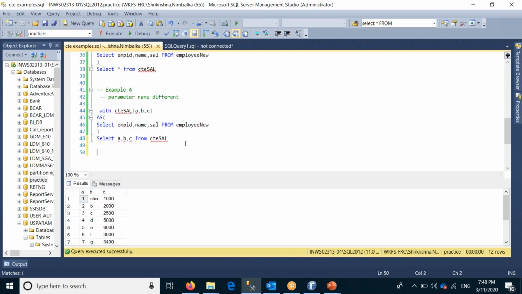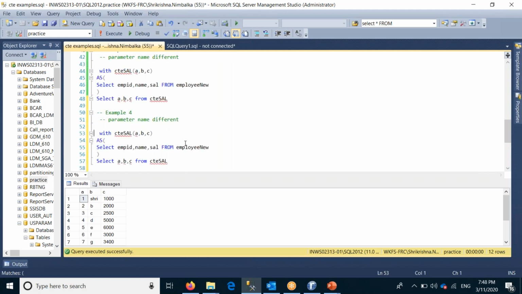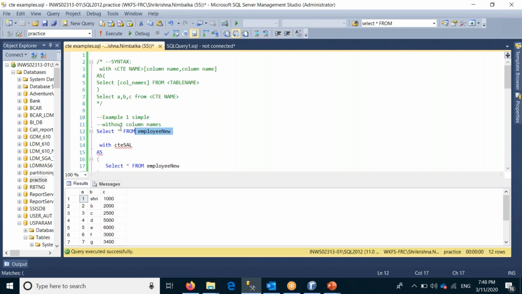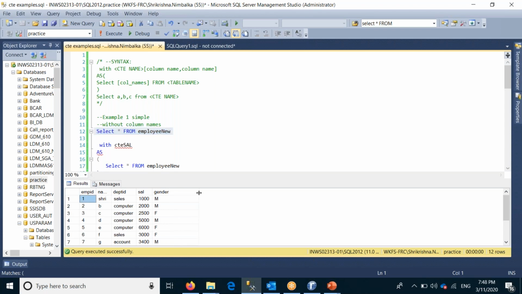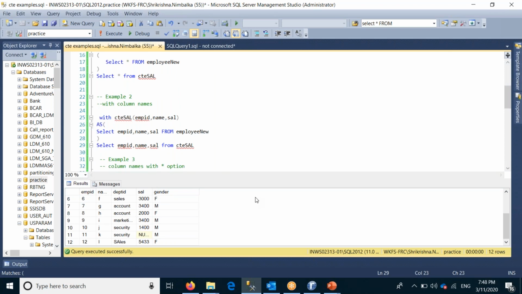So one more example we can see here is wherein suppose I use three columns here, and while selecting from the table, I try to fetch one more column, gender. Then what it will do, we'll see.